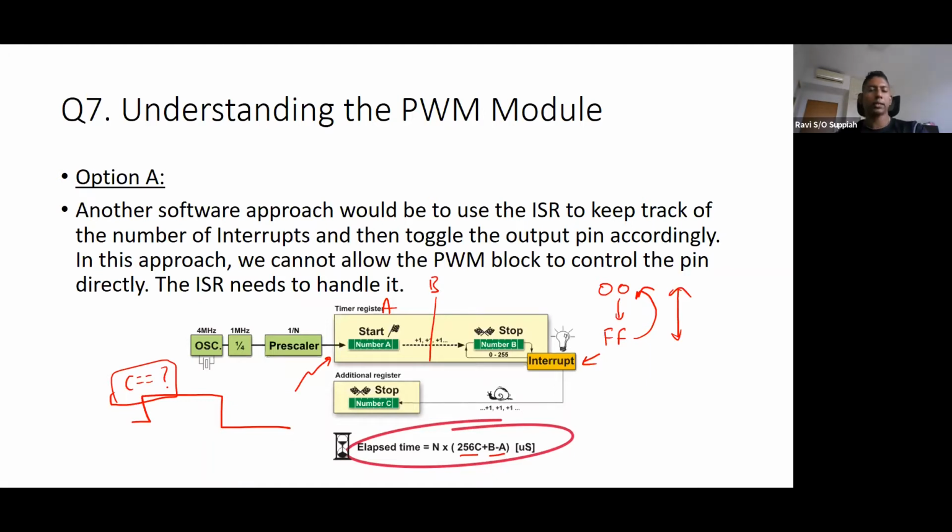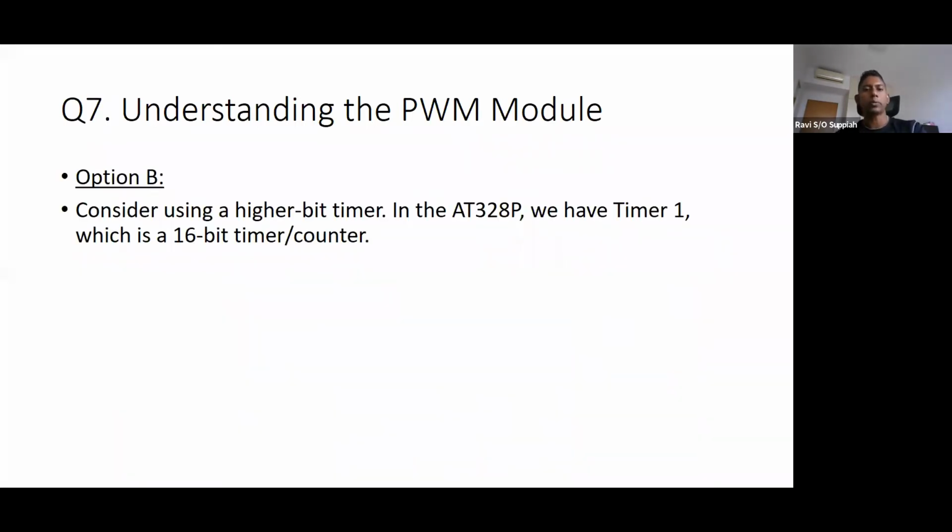Okay, the timer part, don't worry too much. We will actually be doing timer on Tuesday. All right, so you can see how timers work and how you can link back to this question after we do the studio. Okay, the other option is I can straight away use a higher bit timer. Because if I have a higher bit timer, I can go from 0000 all the way to FFFF. So automatically I have a much larger range, so my frequency can be much lower. Okay, so that is the other option of generating a much lower frequency signal.